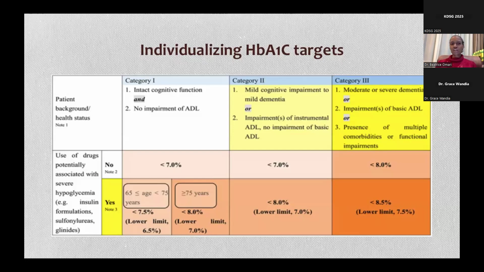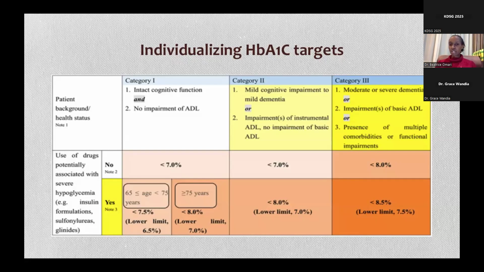This patient who has cognitive function that's intact, no impairment of activities of daily living, is not using drugs that are associated with severe hypoglycemia, like our insulin, our sulfonylureas. Some of them you can actually achieve safely an HbA1c of less than 7 without a lot of risk. But you can see there, they've also categorized for you that in this patient who's between 65 and 75, you want your HbA1c on the lower side to be around 6.5. And this one who is above 75, you want it to be on the lower limit of 8, especially if they're on the drugs that are associated with severe hypoglycemia, because you do not want to up-titrate a dose